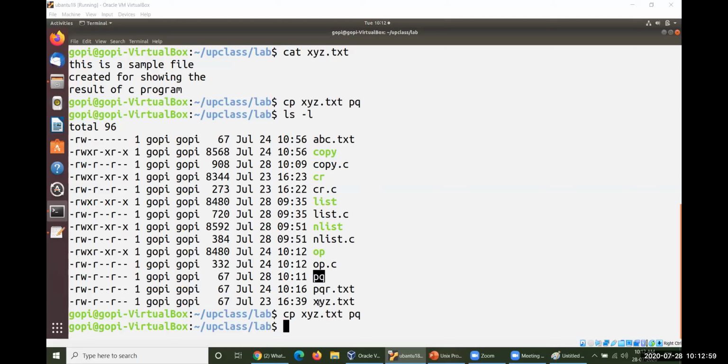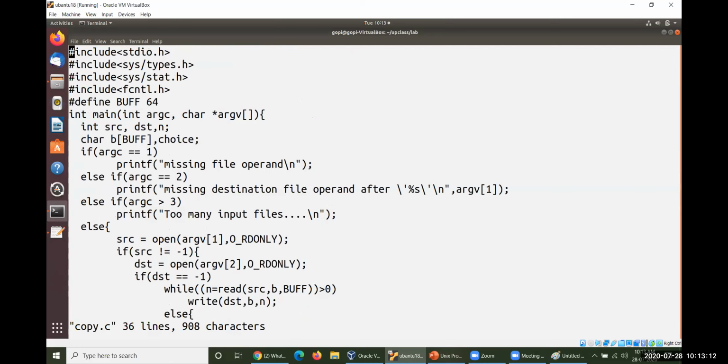Based on that, we implemented it on that day, but the program was not completed. So let us see. vi copy.c. Okay, this is the specification. Here we have argument vector and argument counter.